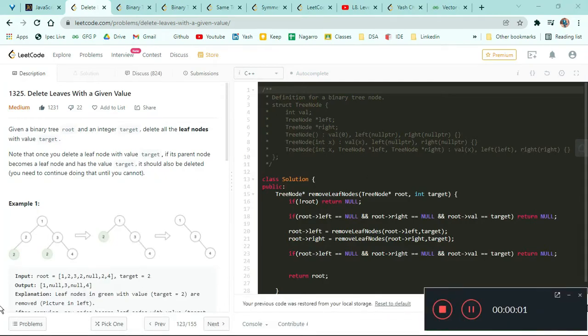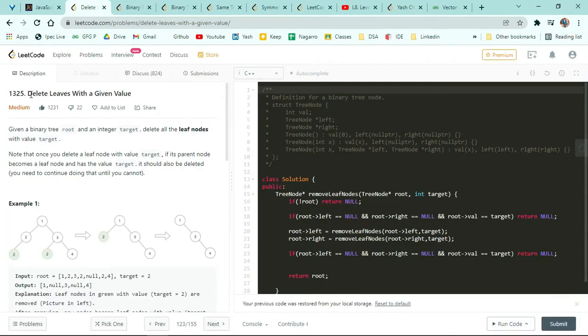So we have this question 1325 of LeetCode. What we need to do is delete the leaves with a given value. We will be provided with a target integer, and we need to delete all the leaf nodes with target value. But the twist is